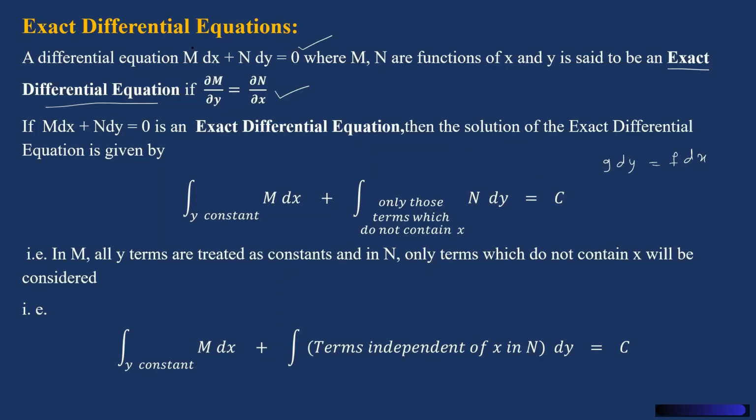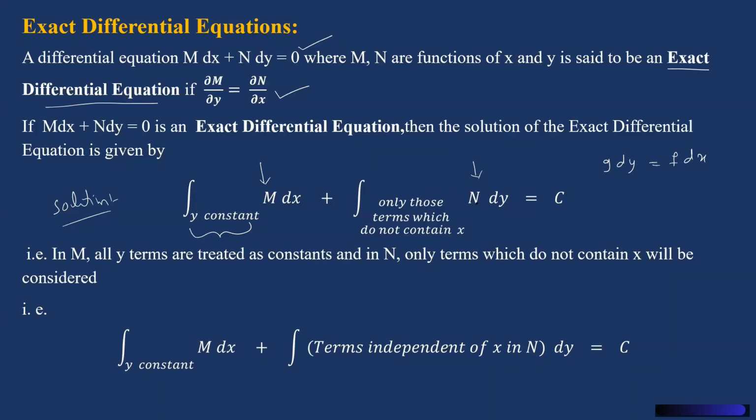See, you have identified both m as well as n. After identifying m and n, we just integrate this m with respect to x by treating y as a constant. While writing the solution, you integrate both m and n. While integrating m, we integrate it with respect to x, and we take y as a constant. And then in the second term, while integrating n, we integrate this with respect to y, but see,